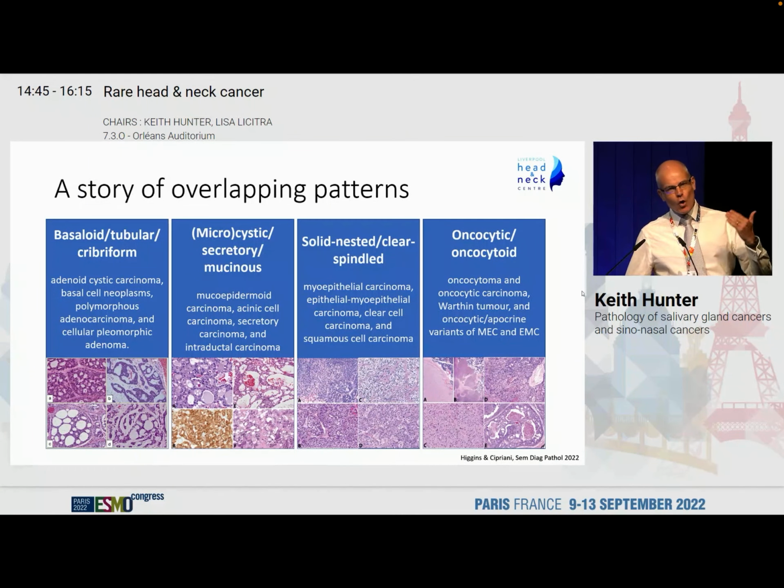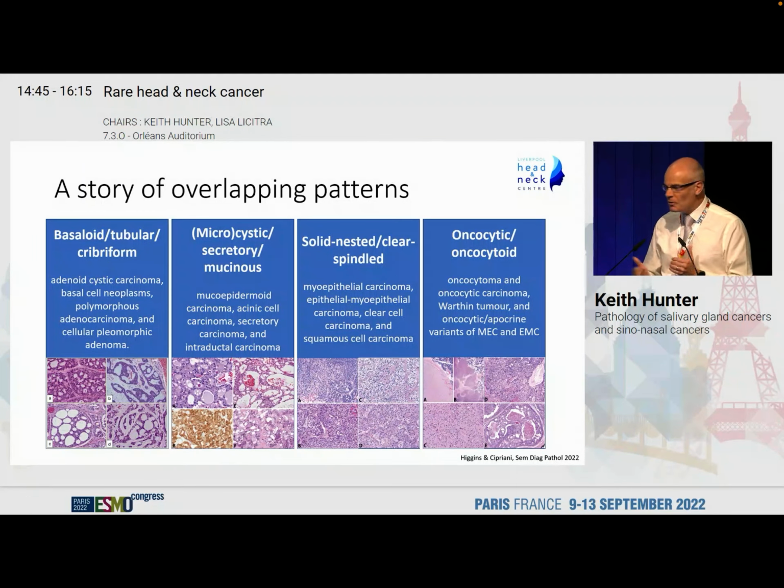And so we have the issue of variations in salivary gland. There are histological, morphological items which are common across a number of different cancers. And then you also have the problem, which is allied to that, in which you have morphological variability within a single tumour. And this is a very useful way of looking at this.